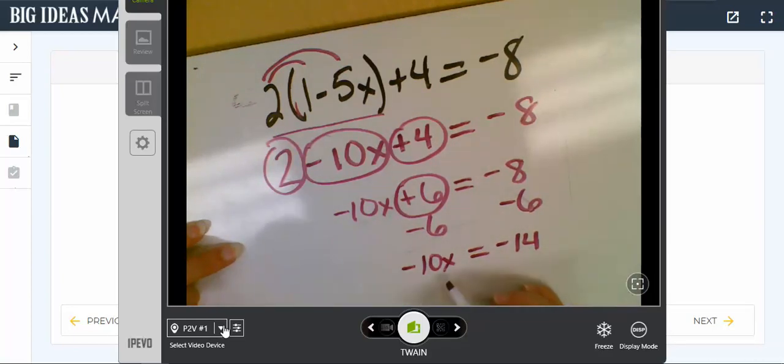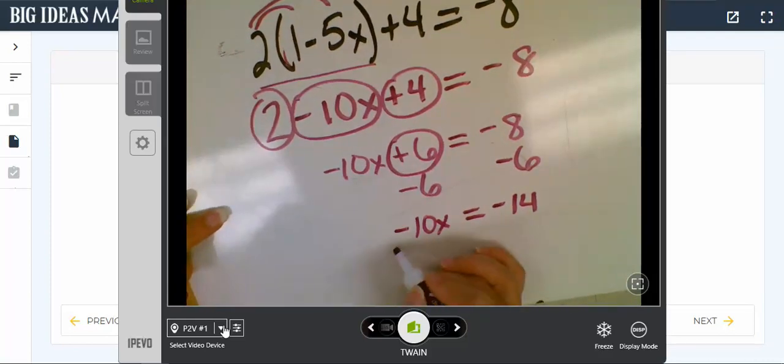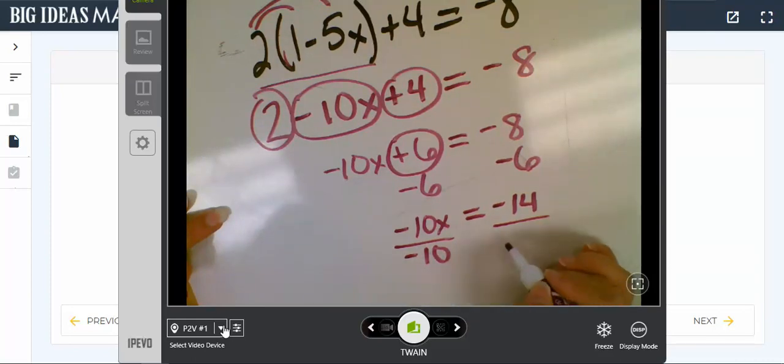Now I want to get x by itself, and I do not want it to be negative, so I am going to actually divide it by 10, but that would be a negative 1x, so I'm going to divide it by a negative 10. By dividing this by a negative 10, I divide this by a negative 10, so I get a positive x. These two become positive as well, so 14 divided by 10, that would be 1 whole